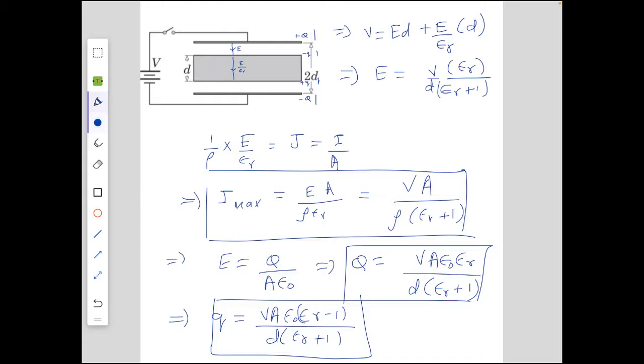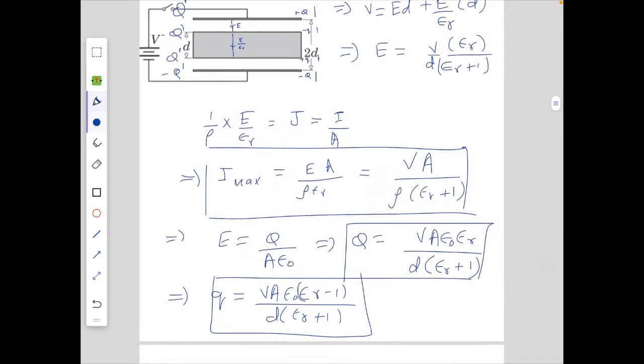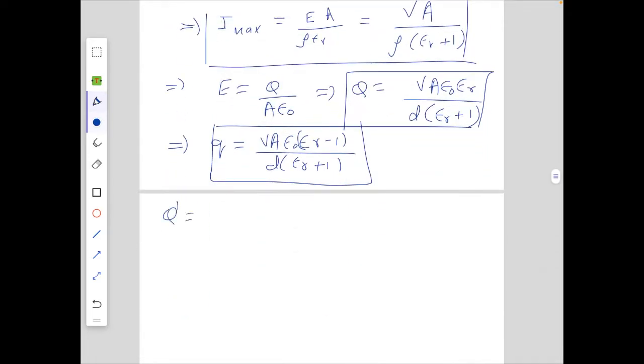So the charges will be, let's say, Q prime over here and minus Q prime on this plate, and then on the dielectric it will be minus Q prime and Q prime. So the charges on the capacitor and the dielectric will be the same at that moment, and their magnitude will be capacitance times the voltage, which is Q prime equals capacitance, which is epsilon naught A by d in this case, because finally the dielectric can be neglected, multiplied by V. So these will be the charges finally on the capacitor and on the dielectric plate.